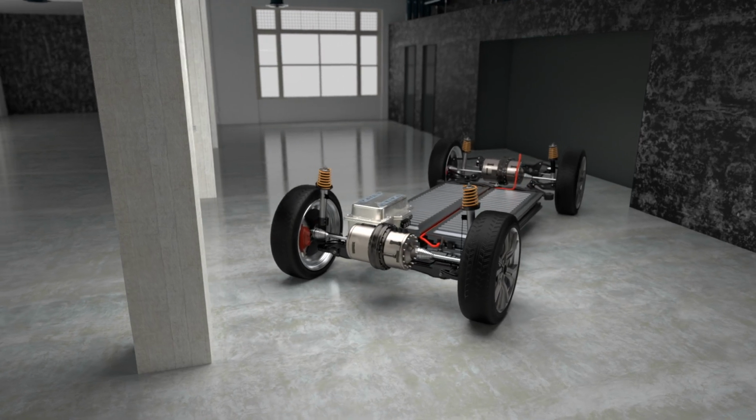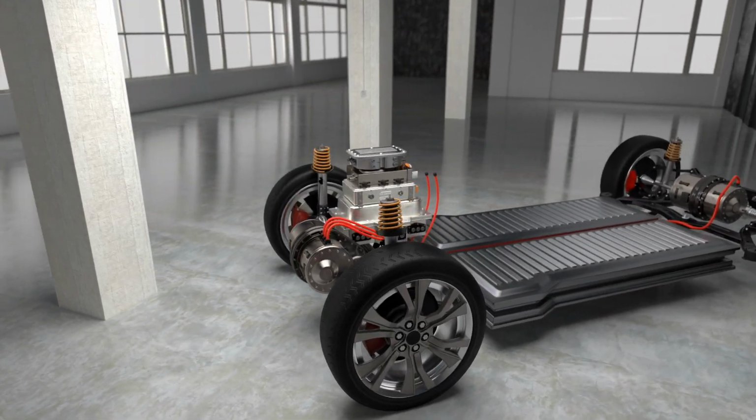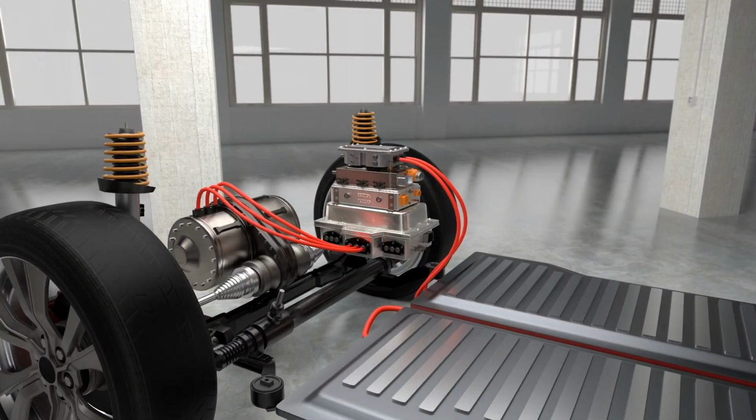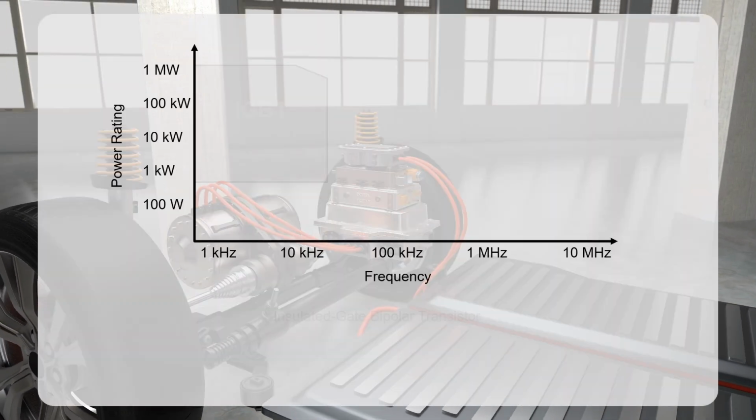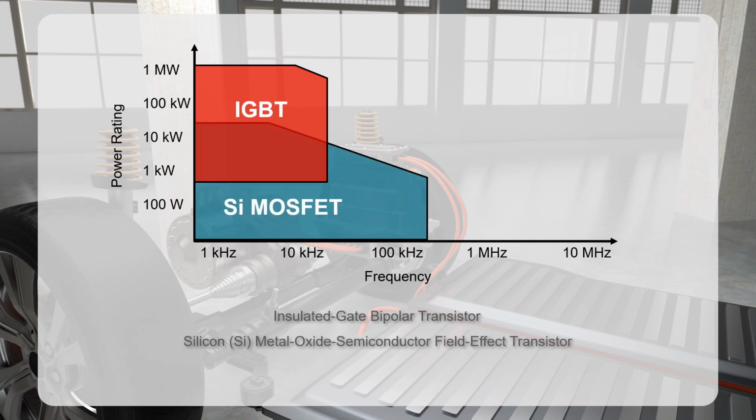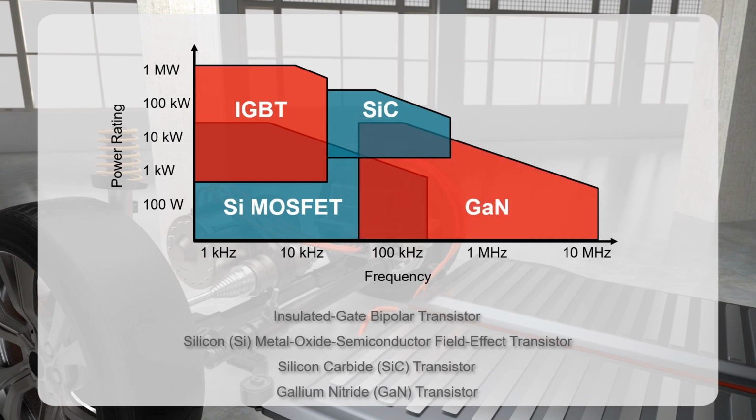With the rise of vehicle electrification, more advanced and efficient systems are essential. IGBTs and silicon FETs were used in the electronics of most of the early hybrid and fully electric vehicles. These IGBTs maxed out with a switching frequency of around 20 kHz and silicon FETs maxed out around 100 kHz. These are being replaced by silicon carbide and gallium nitride switches, which offer higher efficiency and faster switching speeds.